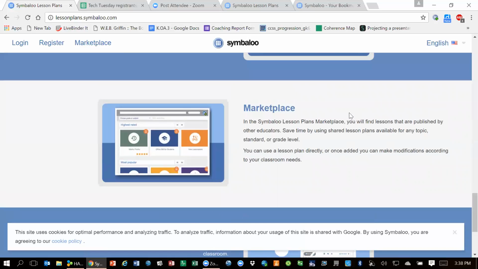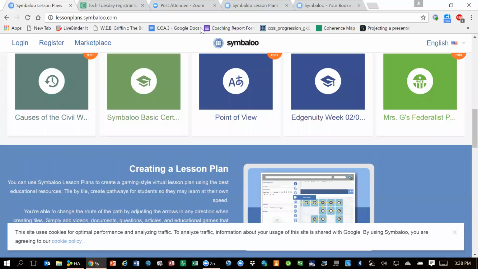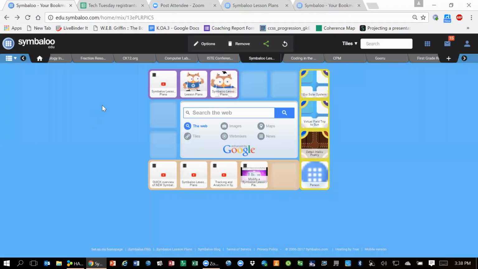So this is the site itself. I want to go back. And as we talk about the lesson plans, I thought I would show you just a few that I've got here so you can see what I'm talking about with lesson plans. So if I go over here to the right, and by the way, this is what I sent out to folks that were part of this. If you would like to use this Symbaloo as a help for you in the process,